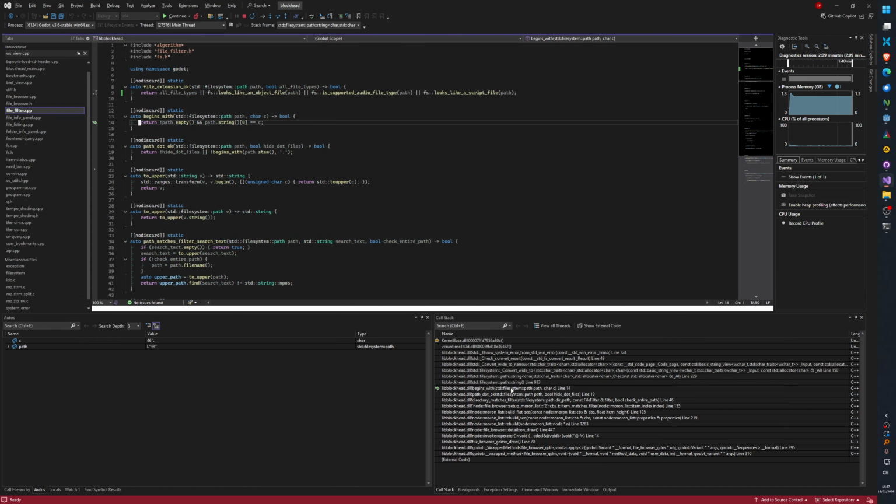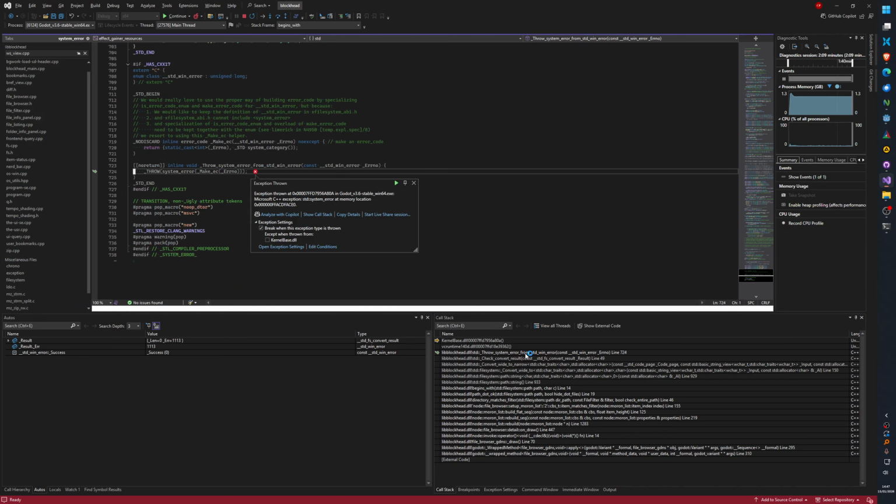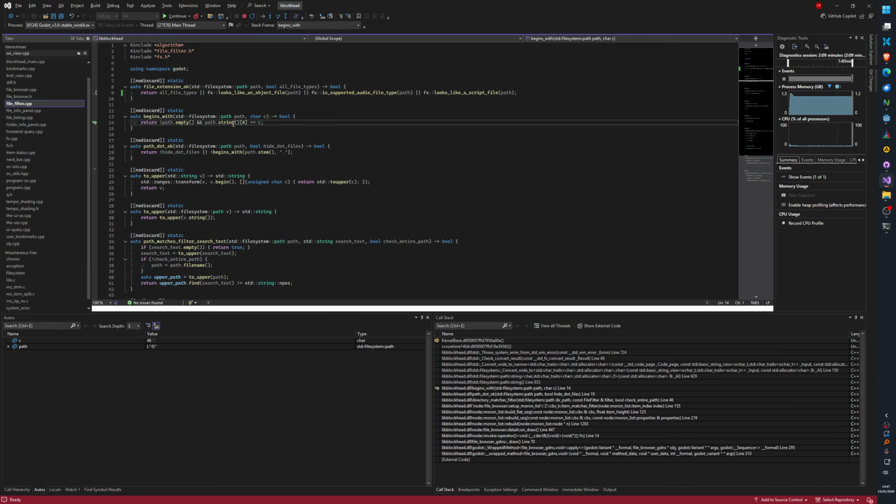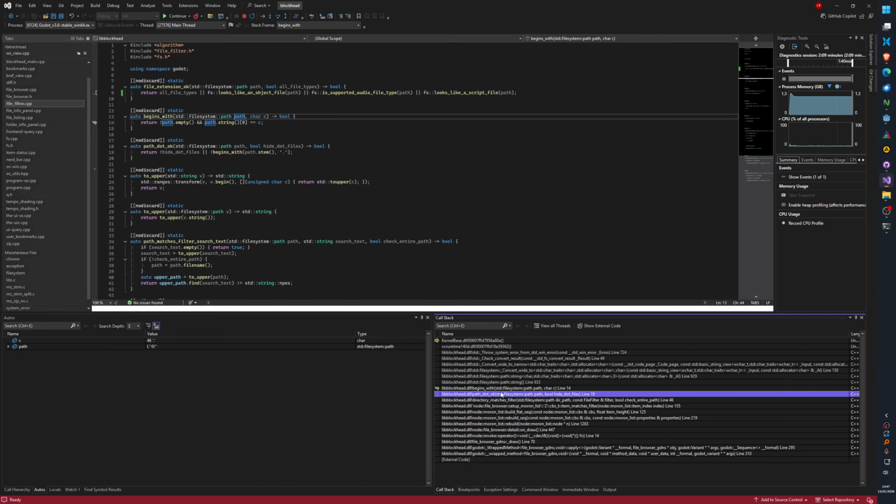What is this? This is crying about this Unicode symbol, is it? Oh dear. Okay. Okay.